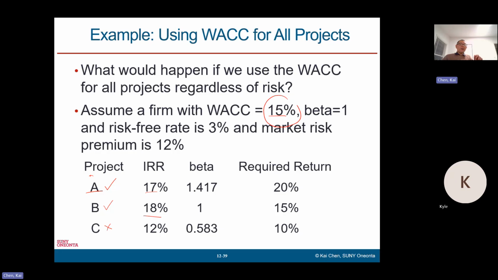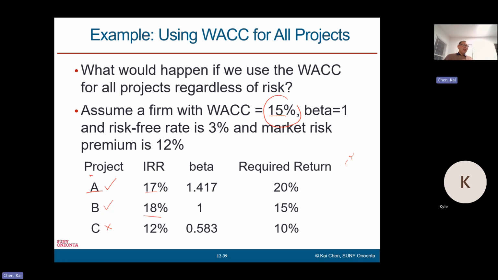Suppose we have estimated the systematic risk of each project, and their betas are shown in this column. Okay, project A has a beta